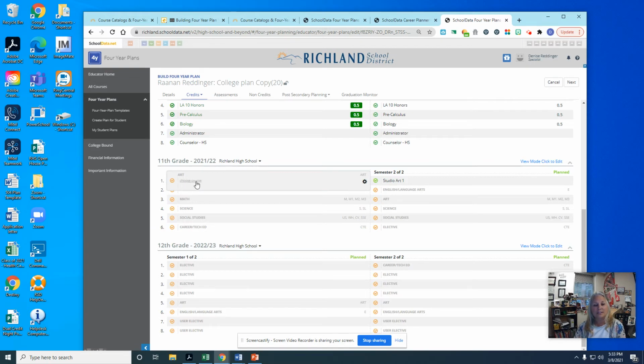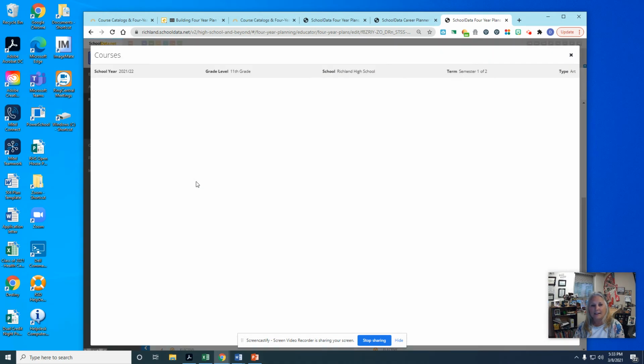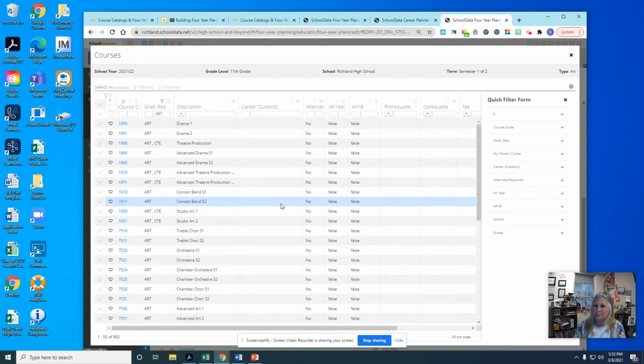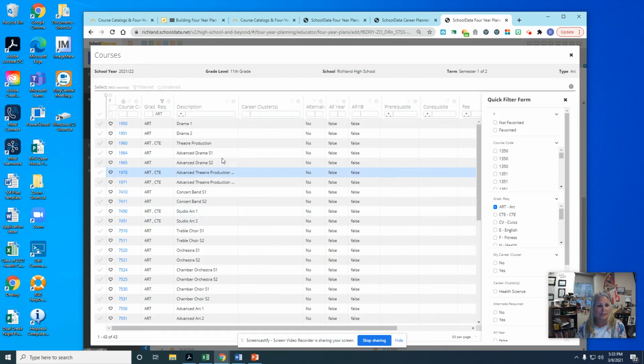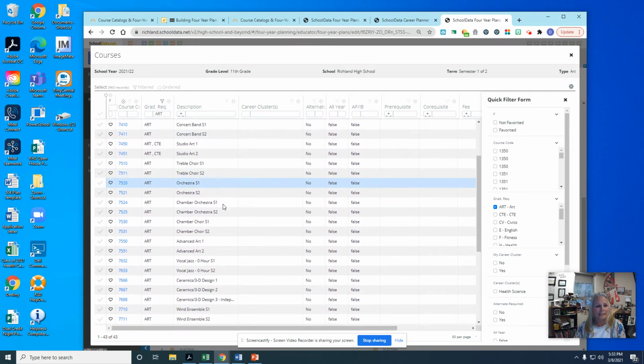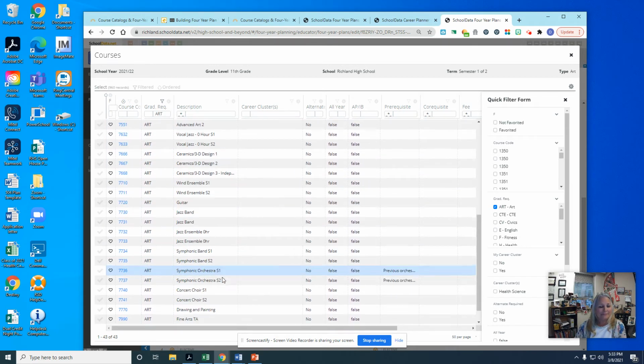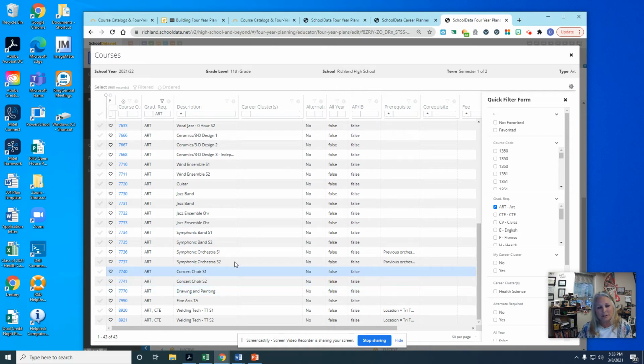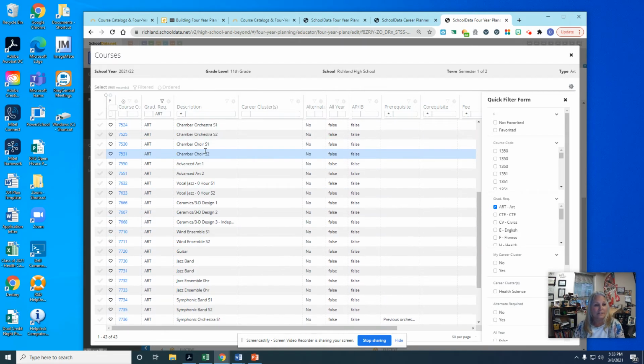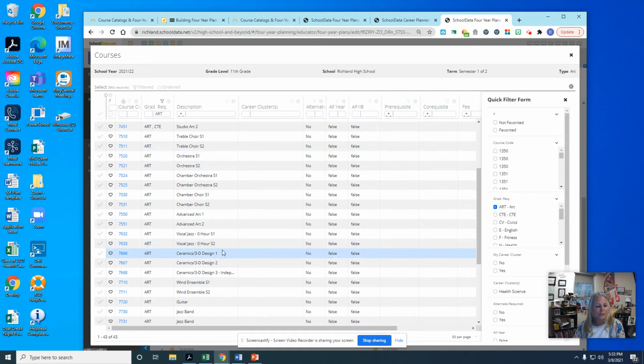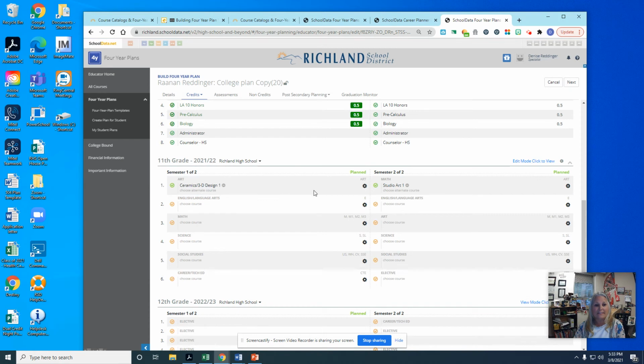You see this course, choose course, click on that, and this will pull up all the classes that should be art classes. Now, what I have found with this tool is not 100% accurate. For instance, I think that Rainan would like the class photography, and I can't find it in here. So that's why I chose art for him, because I could not pick the photography class. But to show you, I'm just going to click on this ceramics class. And then it will go in there. It'll populate that for you, and you can project what your classes are next year.